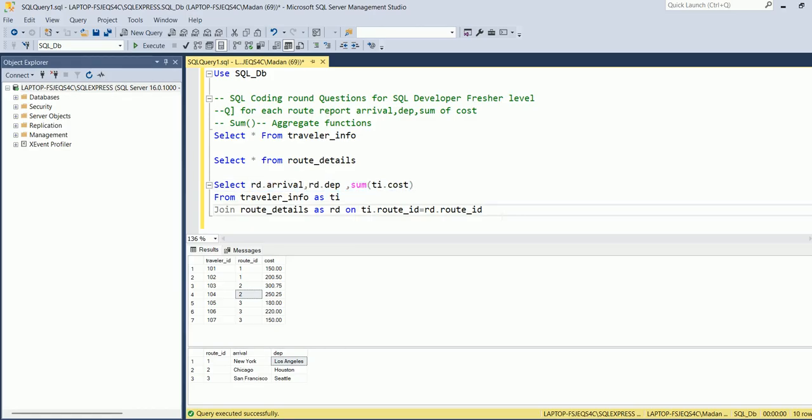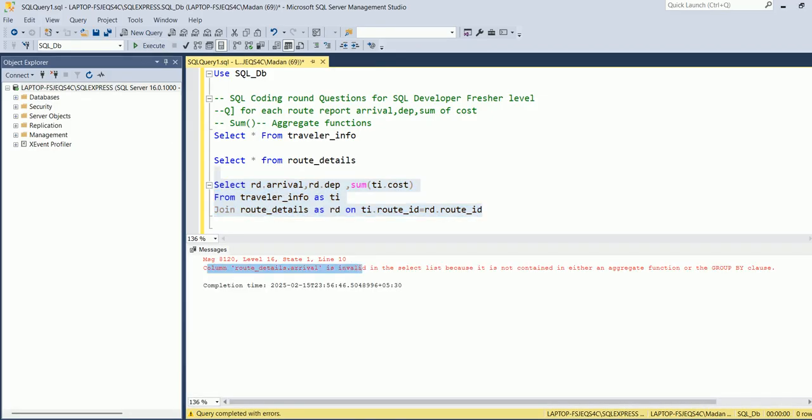Here we are using the aggregate function. So apart from that, all the rest of the columns present in the select, we have to write in group by. If we are not writing them, it will give us an error. One very common error says the select list is invalid because the column is not contained in either an aggregate function or the group by clause. All developers experience this error. So always remember, if you are using the aggregate function, apart from that, we have to group by these two columns